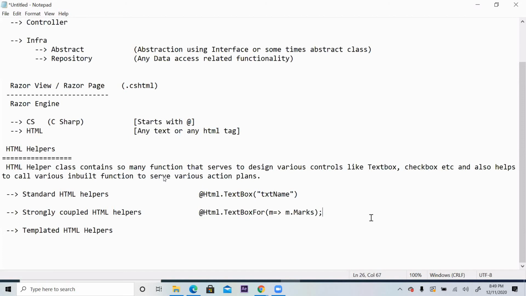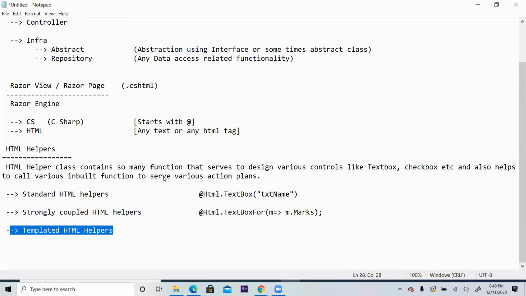Sometimes we want to restrict our editor. Mostly if you say text box and all, that is called an editor. Drop down is not an editor, guys, because in a drop down we are just selecting whatever has been bound. We don't go and type it there. So mostly editors are using the templated one. That means in addition to the model class property connecting with the particular control, the text box, the data type will also connect.